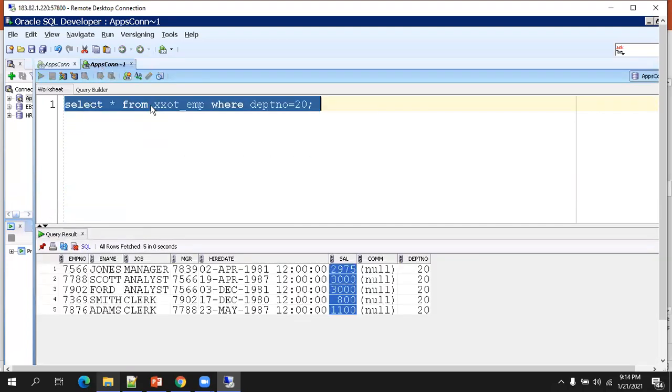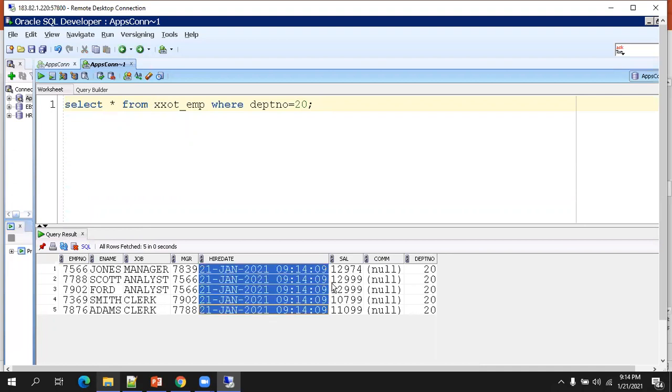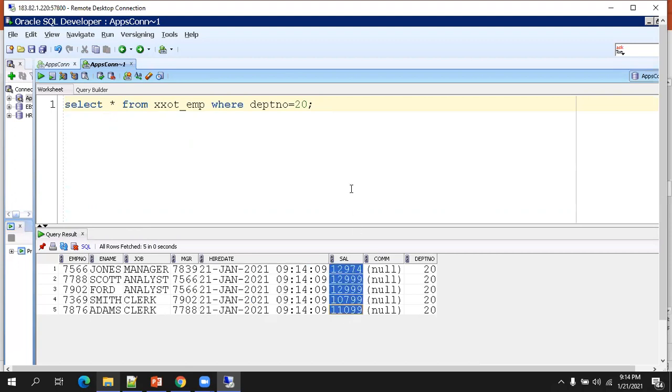Now just execute this query. Okay, can you see? Now the hire date got updated to 21 Jan, as well as the salary got updated to some other value, right? Now here, if you observe,